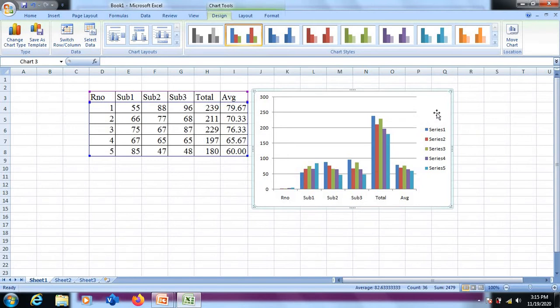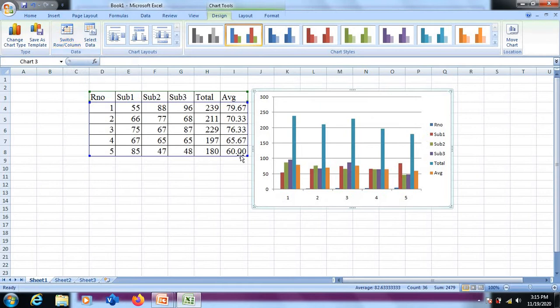How can we do that? First, click on the chart and then click on the third option called switch between row and column. If you look at this table, as of now at the x-axis we have columns. If you switch between row and column, the row headers will be considered at the x-axis. So click on your chart, go to switch between row and column, and now at the x-axis we have roll numbers from 1 to 5 available,